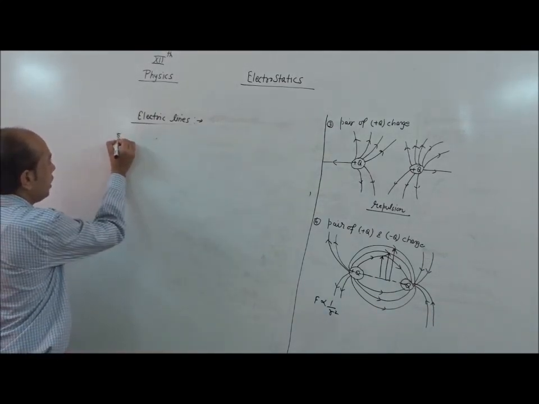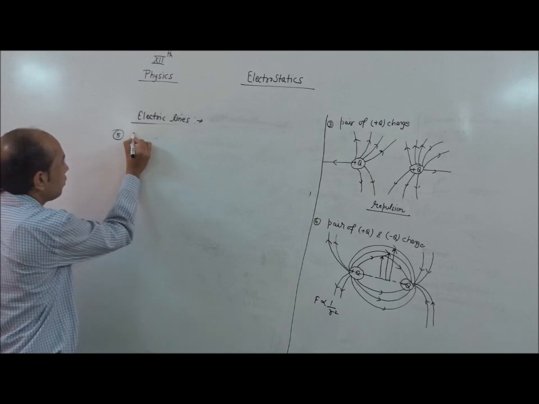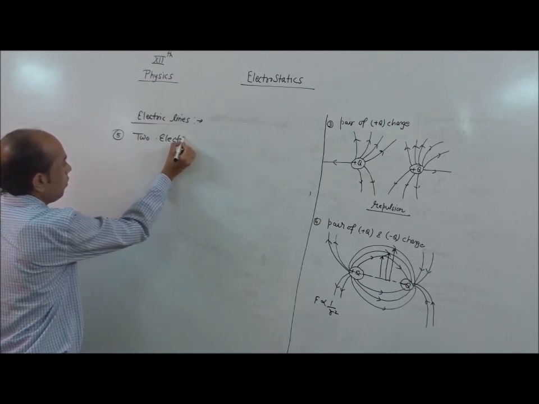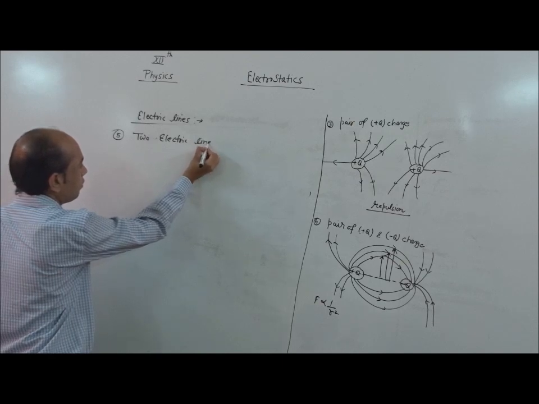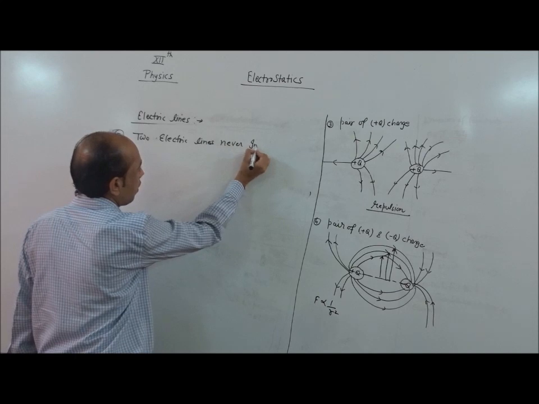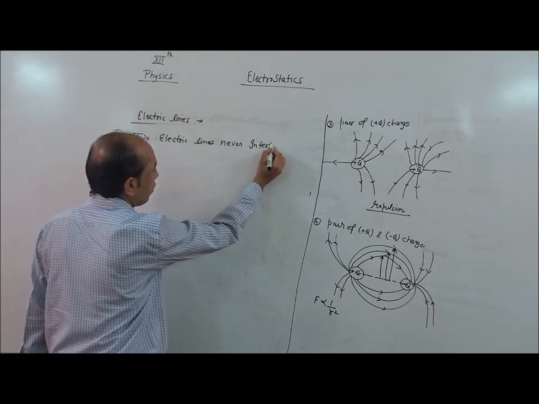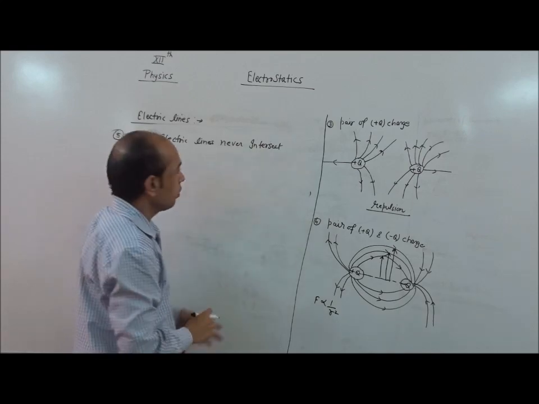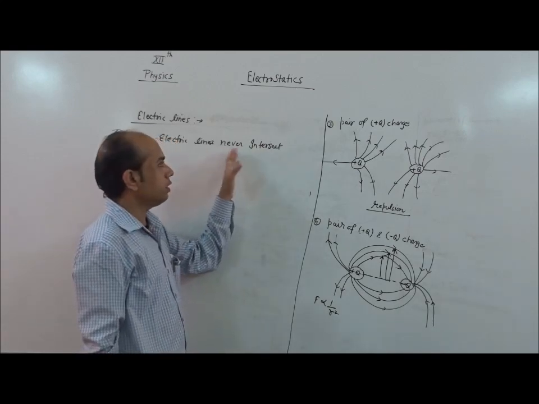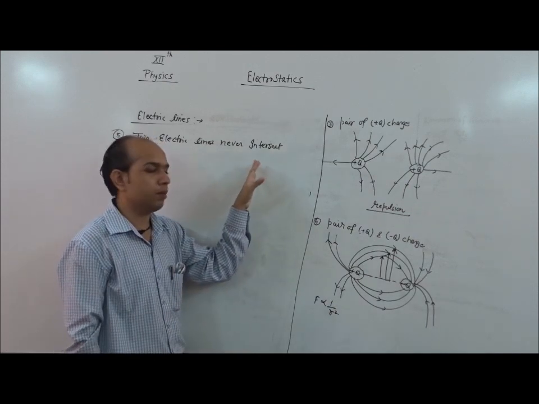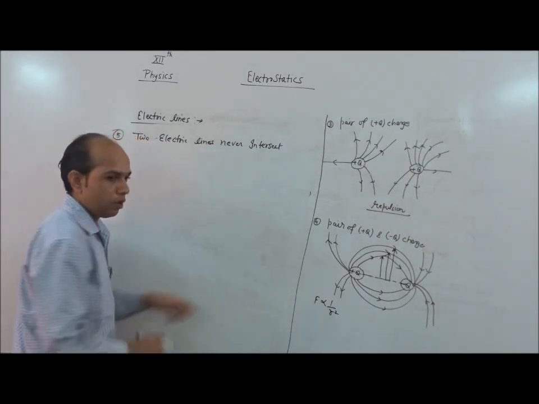So the fifth property states that two electric lines never intersect. So two electric lines never intersect because, suppose when we draw these two lines,